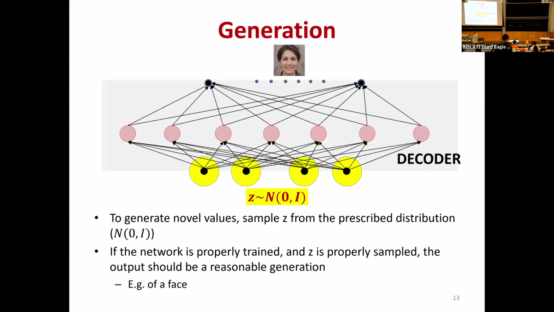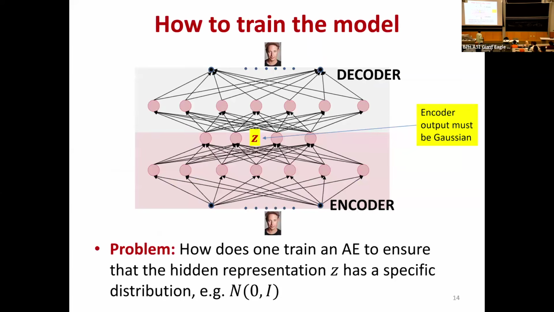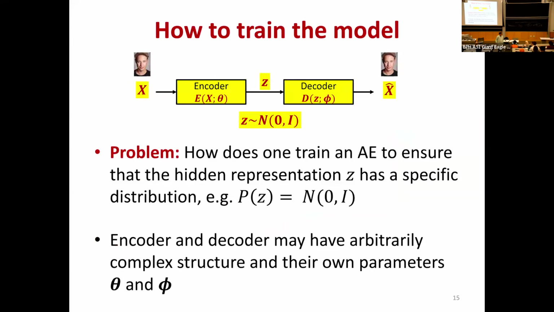So how exactly do we do this? Is this making sense? Yes. Right, thank you. So how exactly does one train the autoencoder to do this? That is where things get hideous. We are done with the easy portion of the lecture. The rest of the lecture, you're going to have to pour coffee into your eyes to stay awake.